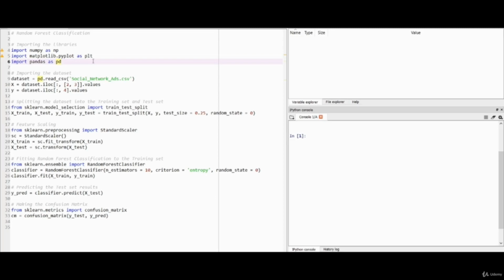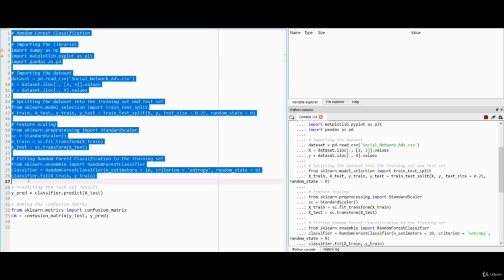In this class we are going to pass three parameters. Number one is n_estimators, which is the number of decision trees, and the value we are using here is 10, which is the default value. Now the criterion parameter, which is equal to entropy, is used for homogeneous splitting of the dataset, and the third one is random_state, which is equal to 0. Now after passing the parameters and initializing our object, we have to fit our model. So classifier.fit(X_train, y_train). So let me run this code from here to the top and train our model.